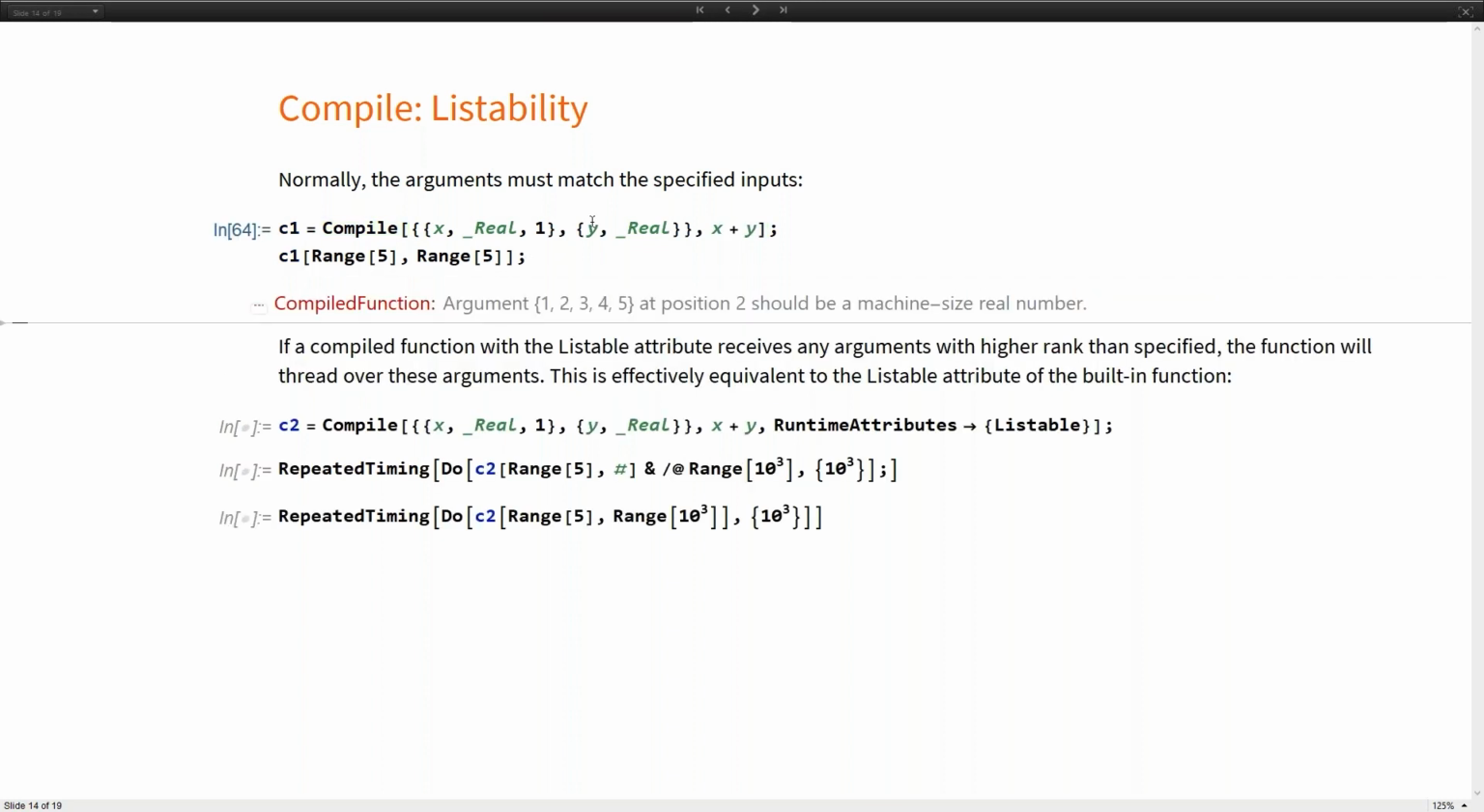And so if I look at this compiled function, you see I get a complaint. Now this is on purpose because in the second argument, I've specified an array, but you see in the definition of the compiled function, it's expecting just a single number. Now I could get around this by mapping over this second array, but we can do something different. We can turn on the runtime attribute, which is one of the available options to compile, to allow it to be listable. So the arguments don't change at all. I still just specify that the second argument should be a single real number. But because I've turned on the listability attribute,